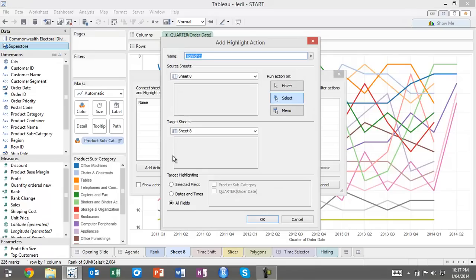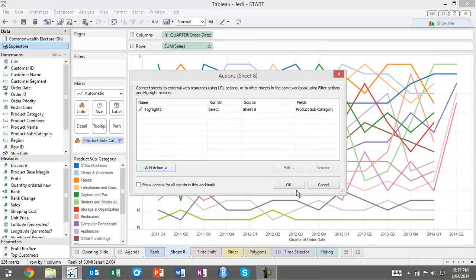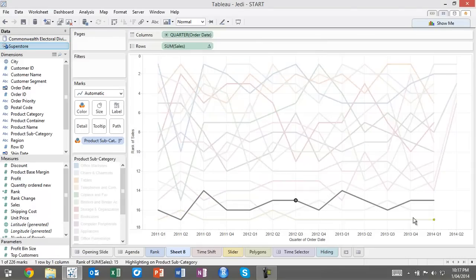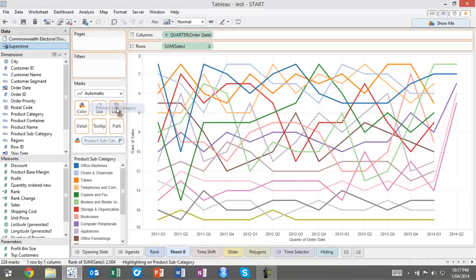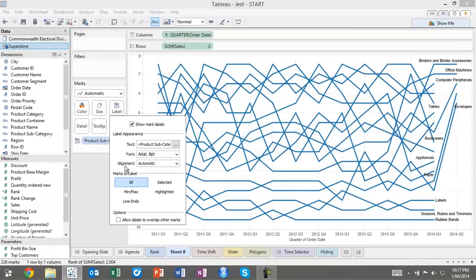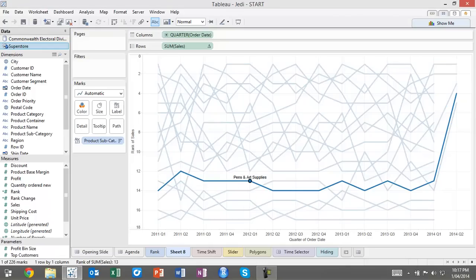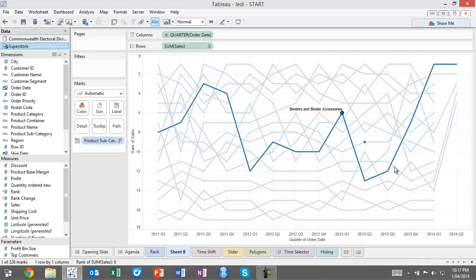Now, we could take this and say, when I click on something in here, when I select an object, we could highlight this whole line over here. So if I click on something, we'll highlight the whole line. That's great. And maybe what we could even do is take the subcategory, and instead of using color, put that on the label, and tell the label to just show the value for the highlighted. So if I choose that, you can see here that it's showing me whatever it is that I've got highlighted